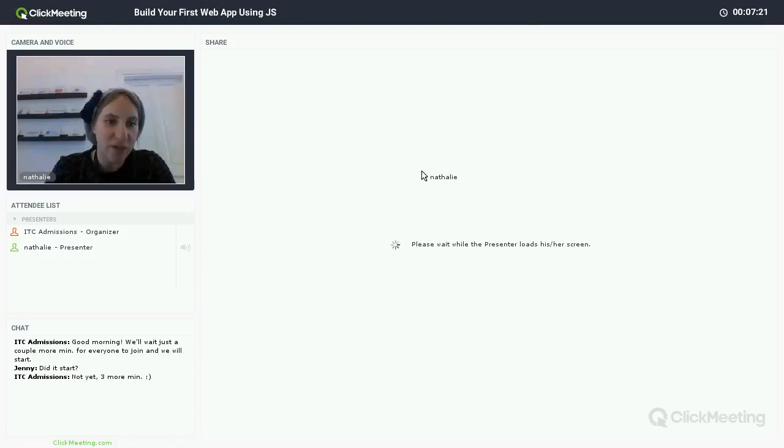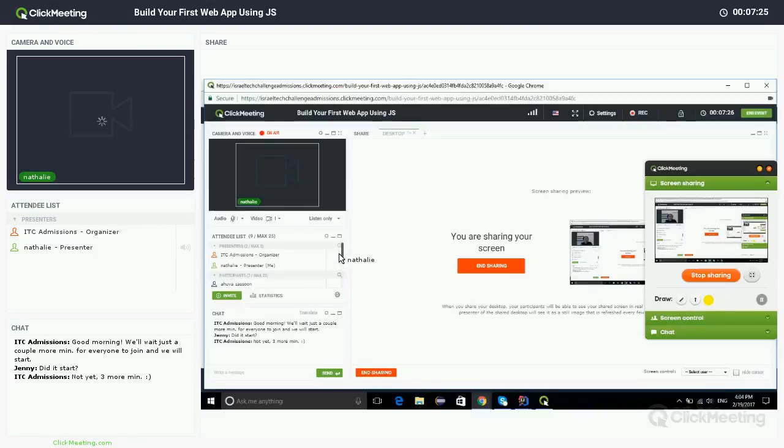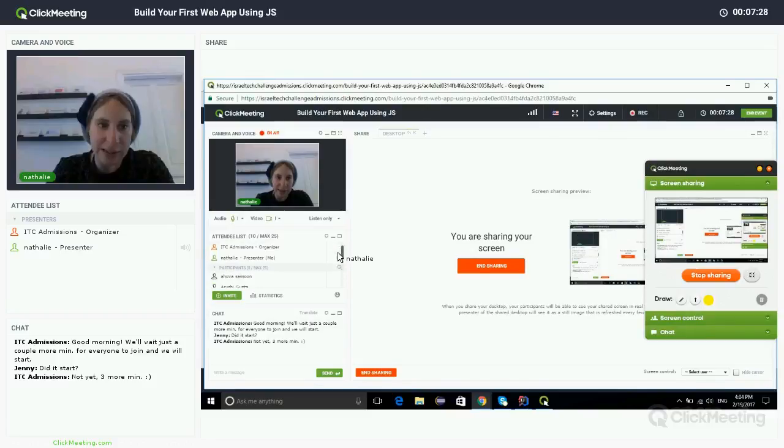Web app using JavaScript. So I've heard that CSS. So basically what we're going to do today is build a memory game on the theme of Mario